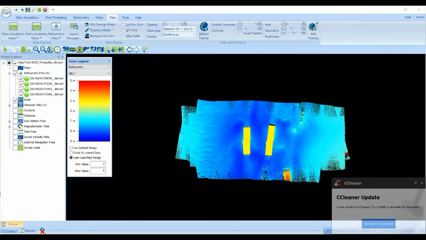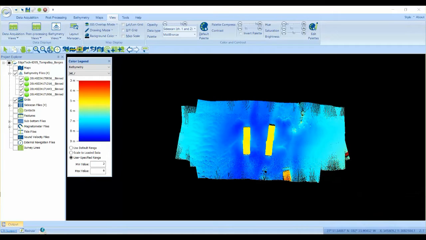Probably the most anticipated new feature of the gridder is support for the CUBE gridding algorithm. Many hydrographic offices are requiring CUBE surfaces as deliverables, and now it's possible to use SonarWiz to create them. CUBE is also really useful for geophysical surveys as well, since it tends to produce the best bathymetric surfaces even when the sonar data isn't optimal, which is often the case when bathymetry collection requirements need to be balanced